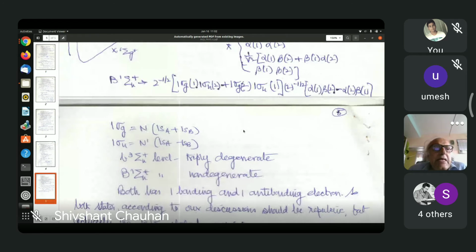You can understand this in a very rough way. If the electrons have the same spin, they will try to avoid each other, right? Yes, sir. They cannot be in the same state. So classically, we might think that they cannot be in the same region of space. So the electrons with the same spin should try to avoid each other. This has nothing to do with electronic repulsion. The electronic repulsion is also always there, but this is a quantum mechanical effect due to the Pauli exclusion principle, that the electrons with the same spin will try to avoid each other. And if they try to avoid each other, they will remain at a larger average distance.